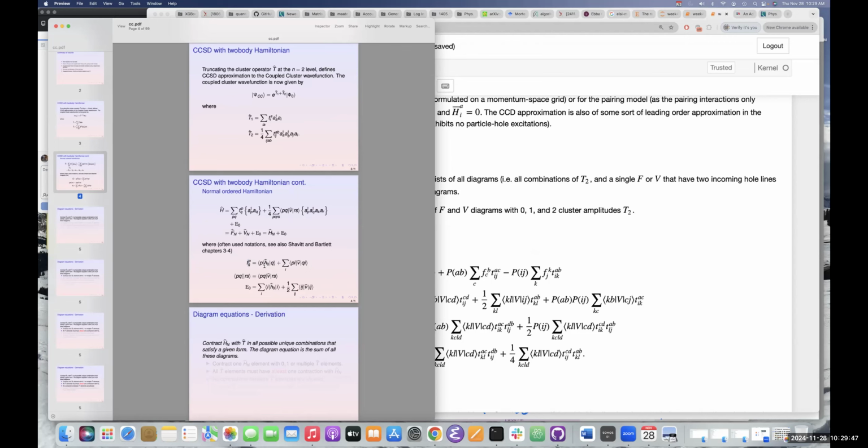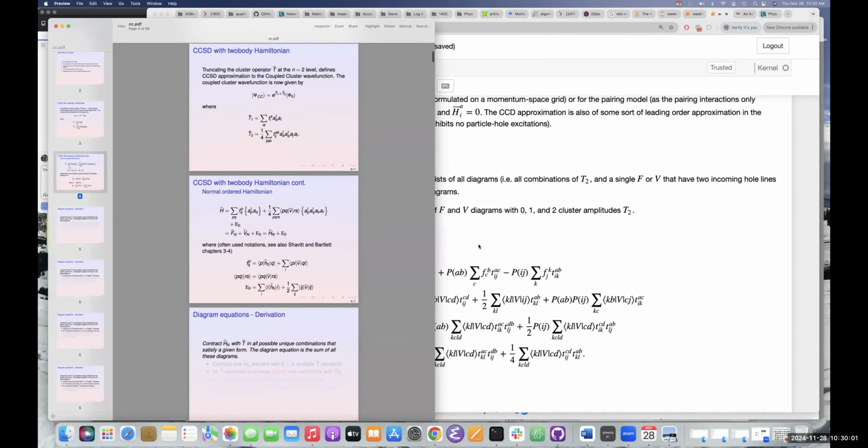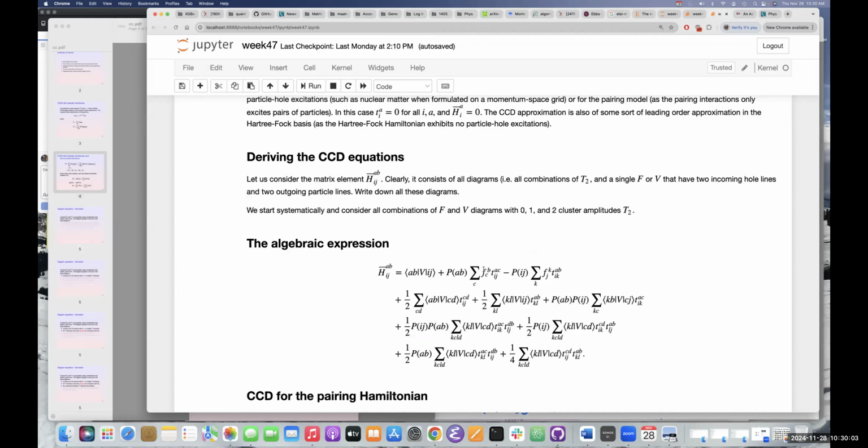It could be a harmonic oscillator potential, or it could be the field which is set up by the atomic nucleus in atomic physics and molecular physics. And the reference energy is defined as you see here. So that means that if we go back to the Jupyter notebook, we have this one-body part of the Hamiltonian